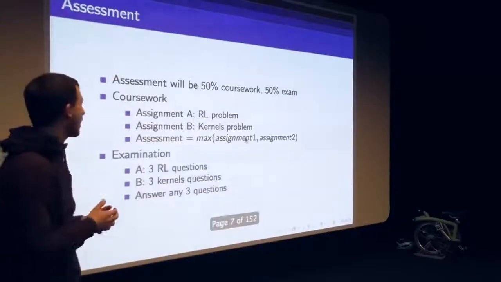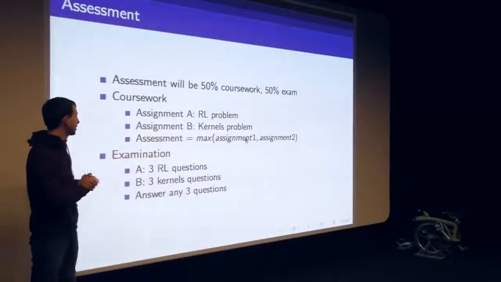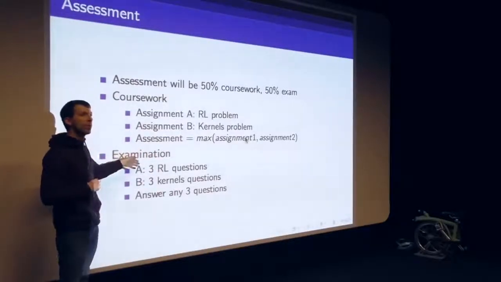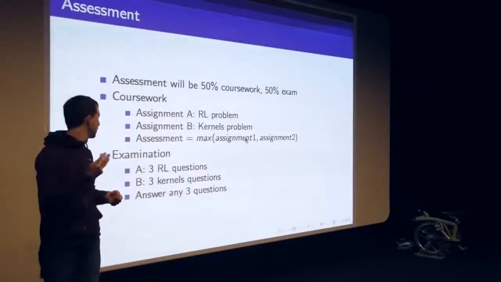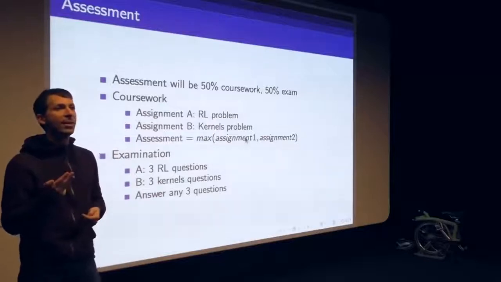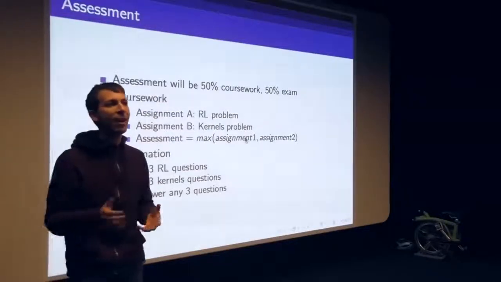And in the exam, the way that we get around this issue of having two half classes is that there are 3 reinforcement learning questions in the exam and 3 kernel methods questions in the exam, and you can choose any 3 to answer in the exam. So if you do study for both parts, you have the flexibility of choosing amongst them,